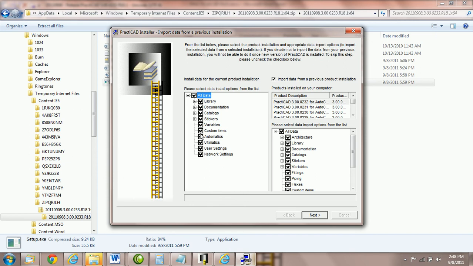Notice there are two checklists, one on the left and then one on the right. The one on the left says, would you like to install data for the current product installation? What that means is we're going to install PractiCAD 233. 233 might have default data in it like specifications, locks, joints, catalogs, basically the default data in PractiCAD. If it's your first time using PractiCAD and installing PractiCAD, these should all be checked or your PractiCAD will come